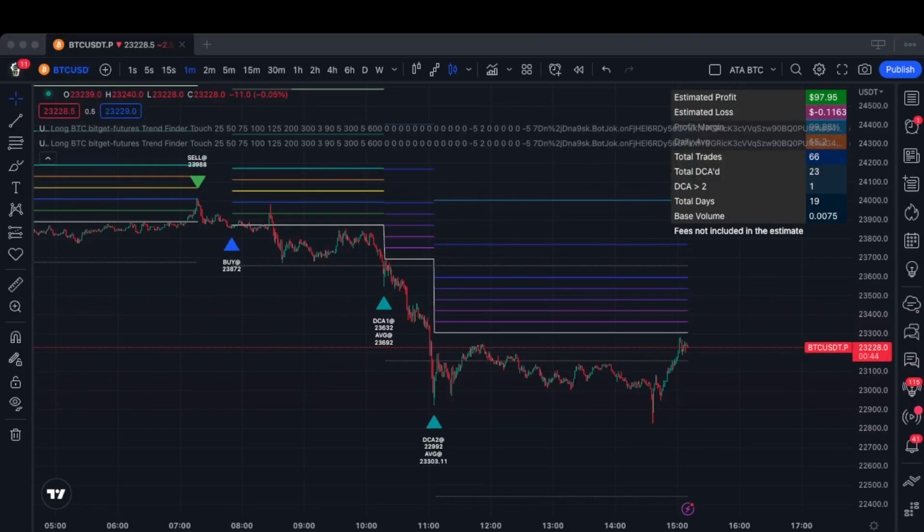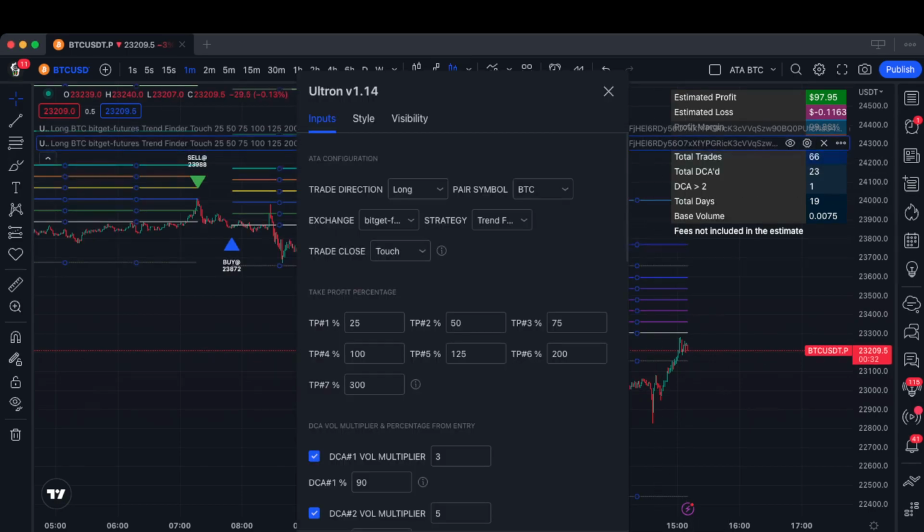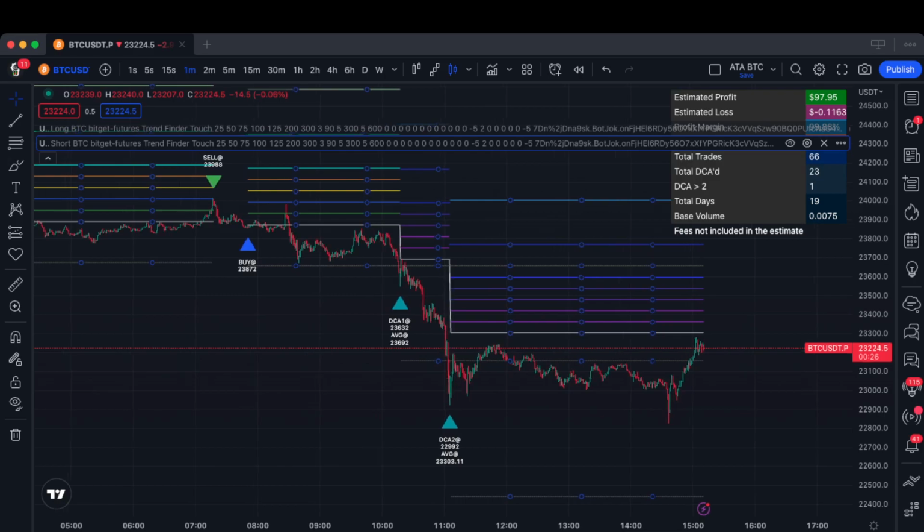All right, guys, in this video, we're going to talk about understanding how to flip through the strategies and just kind of go through the overview of what they mean. So as you can see, we still have our long here. This is the one that I was playing with the defaults. I'm going to go ahead and flip this one back over to a short, and we will start with